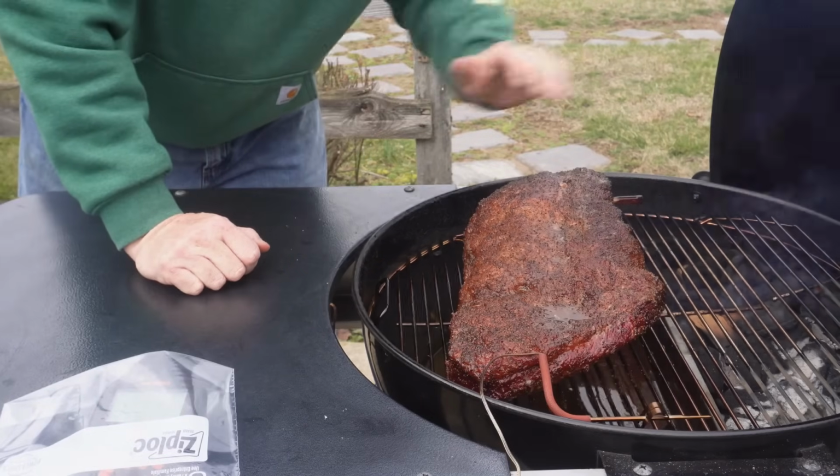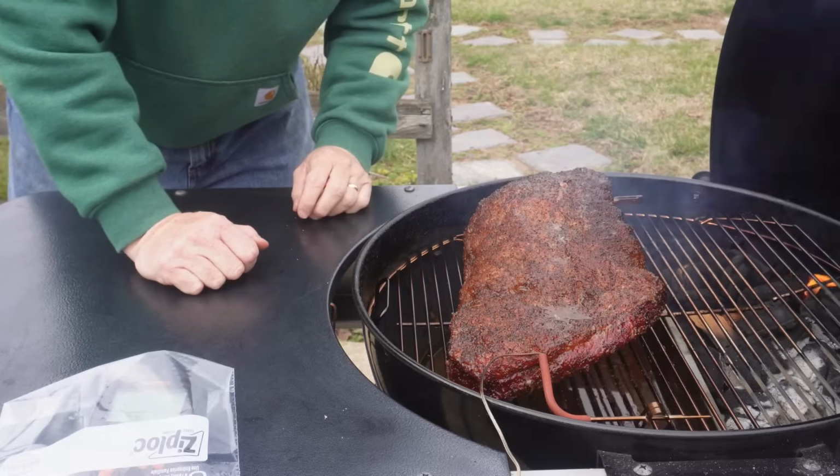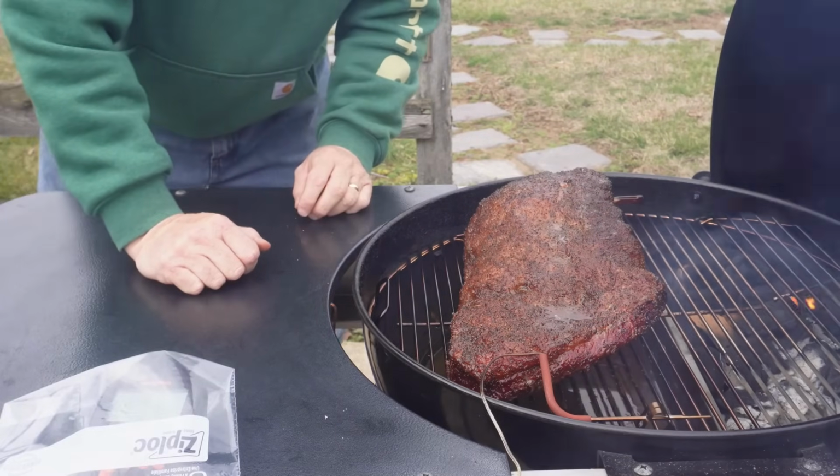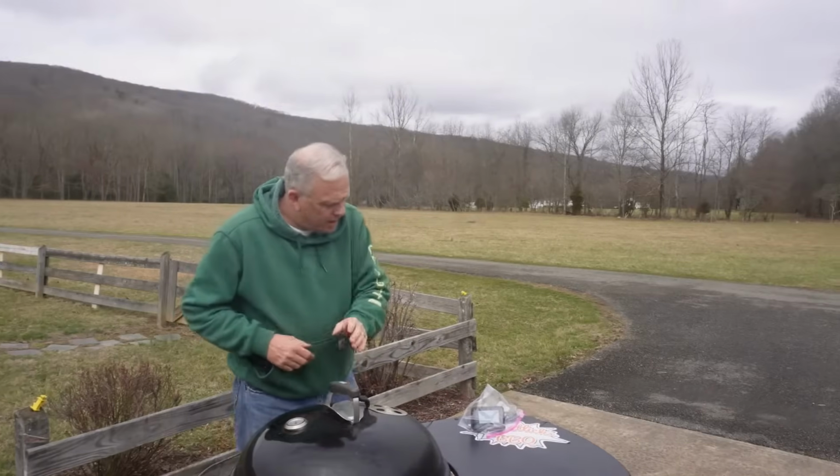I got tons of charcoal left. We got well over half our charcoal left. So we'll get it covered back up here and go check on the one with the Slow N Sear. Let's go over here and look at this one, see how the one with the Slow N Sear is doing now. It's running right at